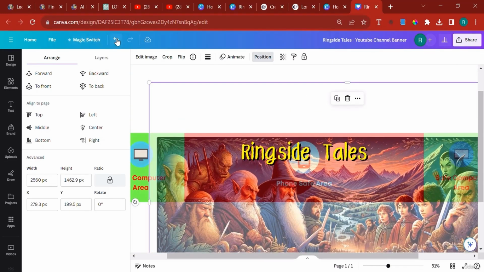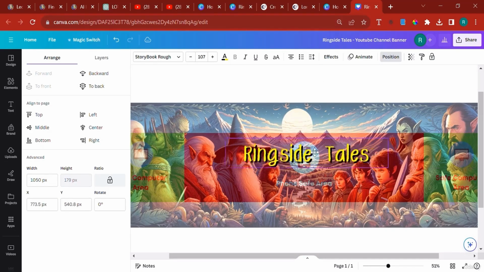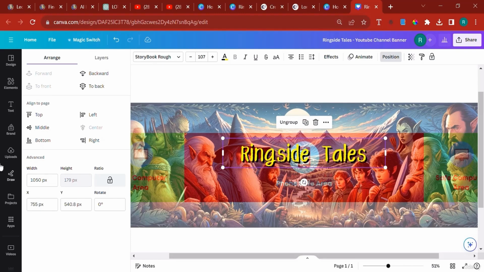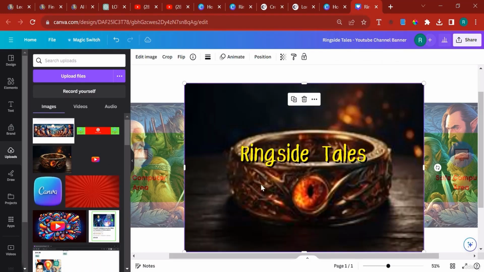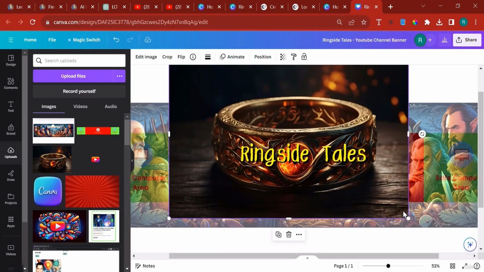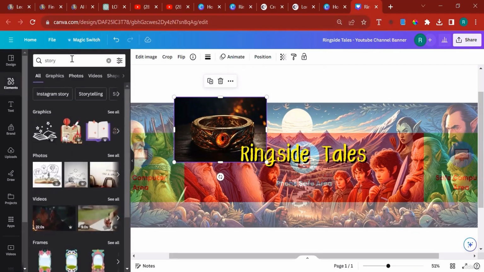So now let me go back. Let me click the image and fixate it for a moment, because I want to select these and group them. So now they are one and they can be centered accordingly. And if I go to my uploads here, we have this, the Lord of the Rings logo. I can take that as well, and I can just reduce the size of it. And what I want to do is go here and look for